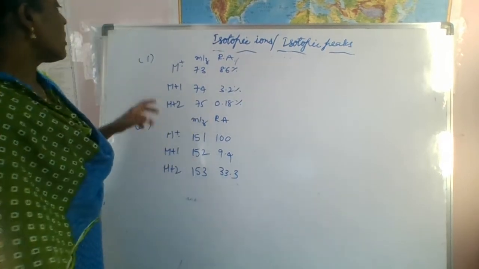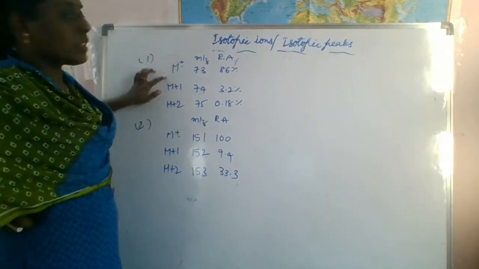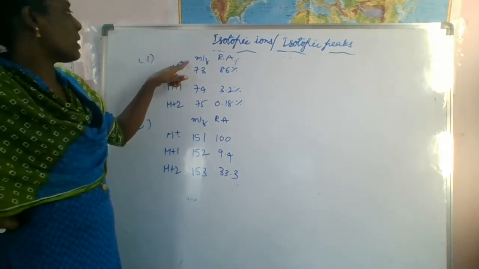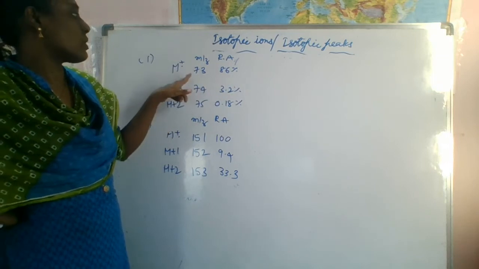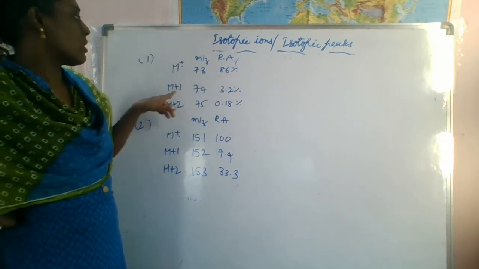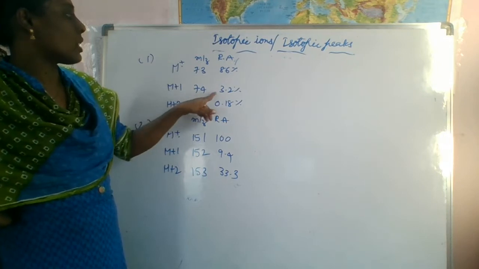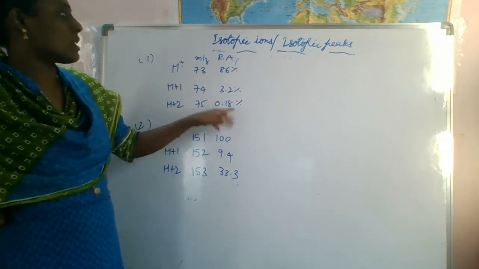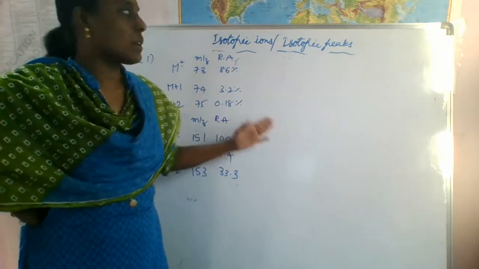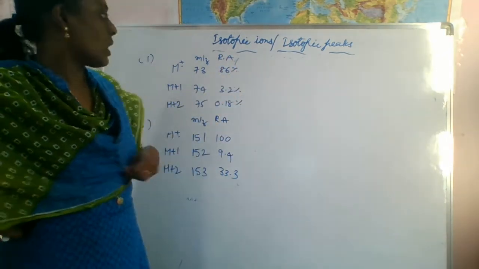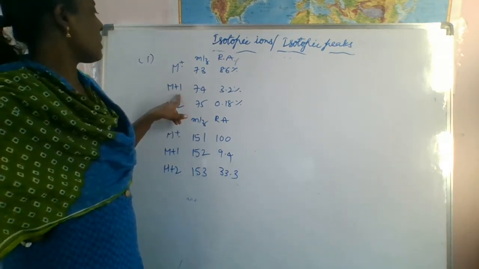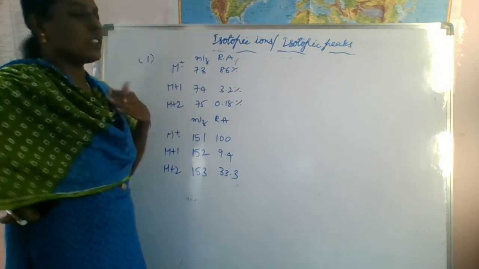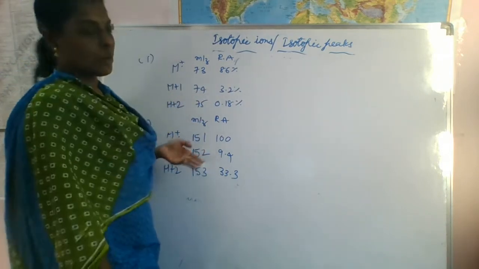So here I am providing the data of this one, right? So see here, what is the molecular ion? 73. So what is the abundance? 86. M plus 1 peak is 74 and 3.2 percentage. M plus 2 is 75 and 0.18 percentage. First you have to calculate the percentage because it is not 100%, right? So for the M plus 1 peak, by using the M plus 1 ion intensity you can calculate the number of carbon atoms there.